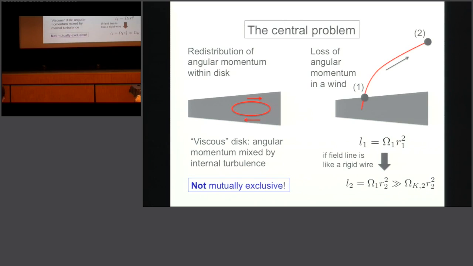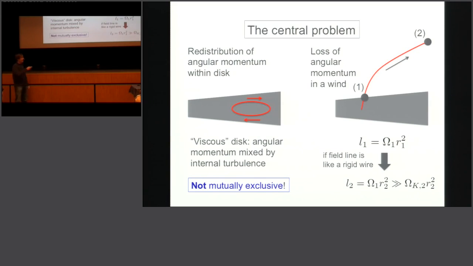However, there's a second possibility, which is connection, basically, of the disk with the external environment. And the specific example where this can happen is if the disk is threaded by a magnetic field. So imagine here's the disk, and now this is a magnetic field line which penetrates the disk and then extends off to infinity at some large radius. And the basic picture here is that you can imagine magnetic fields, if they're strong enough, to be somewhat like rigid wires. So if we took some gas and moved it away from the disk in a wind, it would follow this magnetic field line, and it would be like following a rigid wire which was anchored to the surface